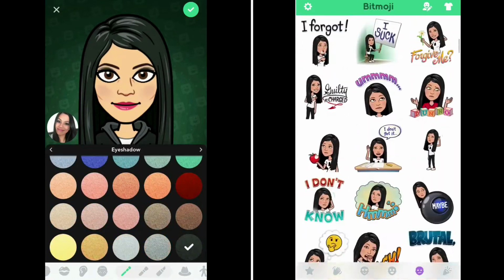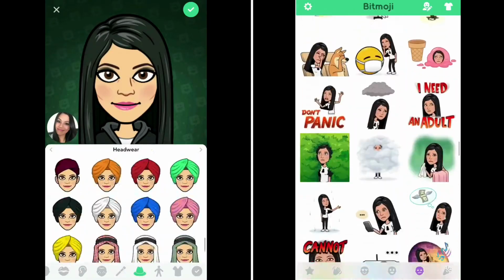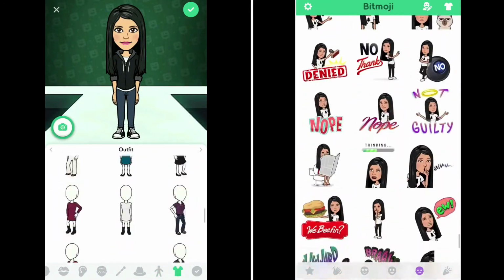It may not look like you in the beginning and you'll have to alter it again and again like I did. I changed it so many times. I think I'll leave it alone for now and see how that works with me. But yeah, just give it a go and change your